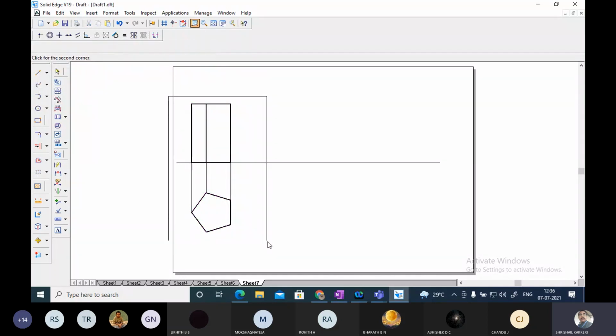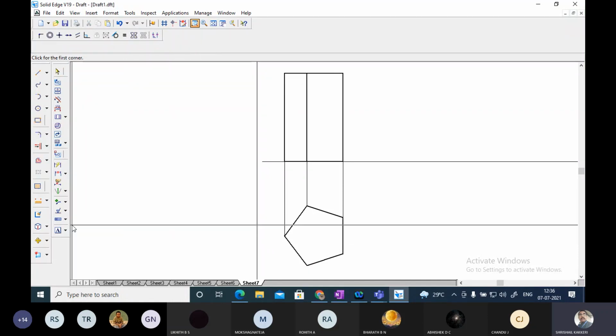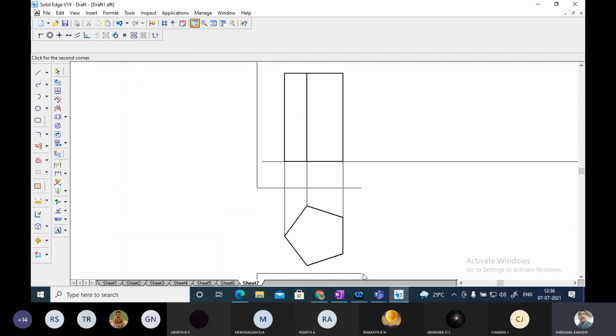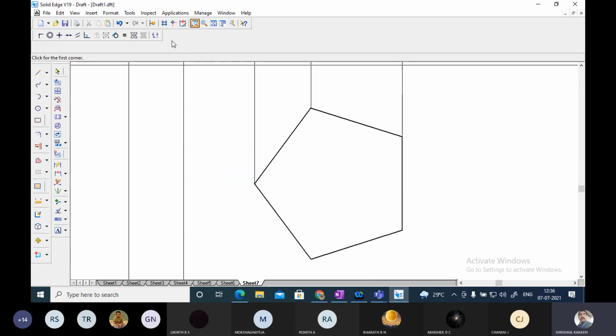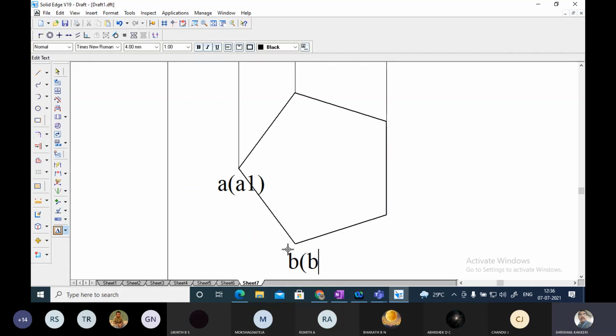Now here writing the A, B, C and all already have written. You will be writing in the sketchbook, and here also you should have to write. Okay, so let me write it neatly here. This will be A in bracket A1, and this will be B in bracket B1, and C in bracket C1, D in bracket D1, and E in bracket E1.